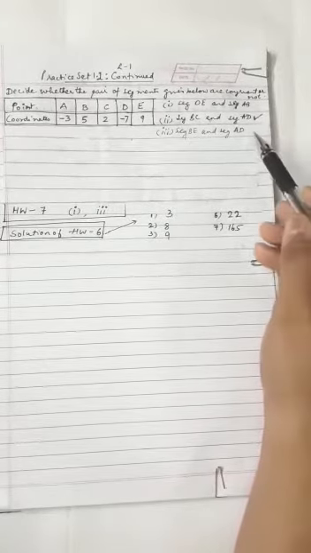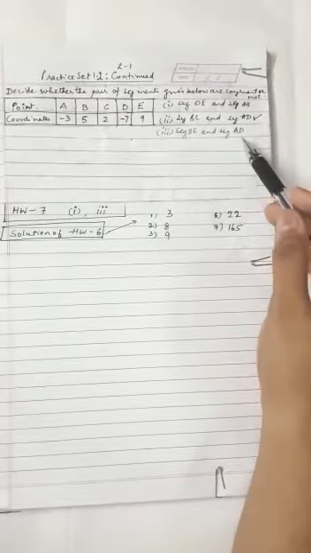Now, children, as you can see, three sums are given to you: the first sum, the second sum, and the third sum. Out of this, I will be doing the second sum. The remaining two sums, the first and the third, are given to you as homework, which is written here, homework 7. Okay, so I am doing the second sum.